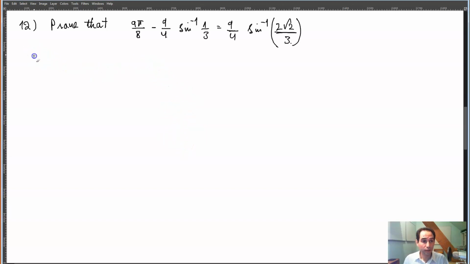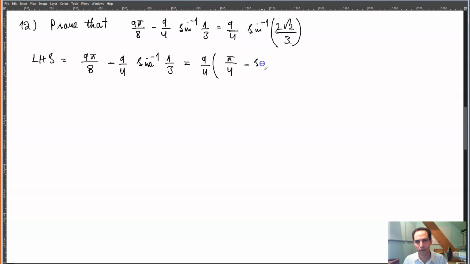So what they have done is that the LHS, which is equal to 9 pi by 8 minus 9/4 sine inverse of 1/3, is equal to, you can take the 9/4 out, so you can write 9/4 times pi divided by 4 minus the sine inverse of 1/3. Now the sine inverse of